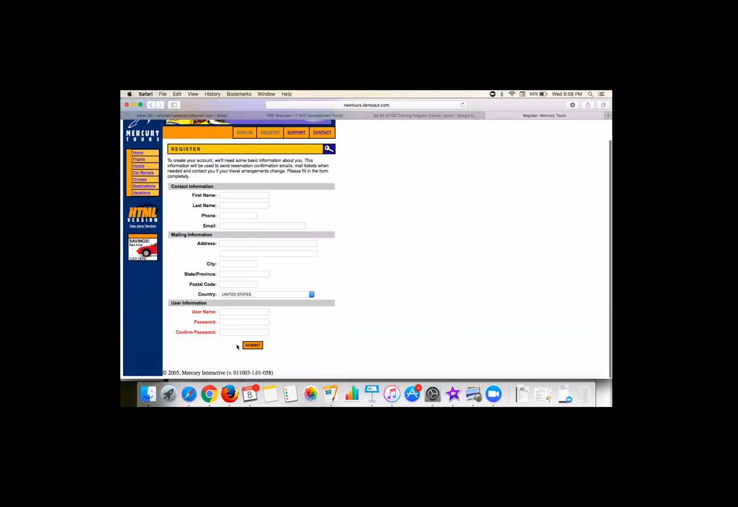If you see these basic details which are required, username and password, these are the three essential fields. So you're selecting one username, then you're selecting one password, and then you're typing the confirm password. So you can keep the cases like a successful